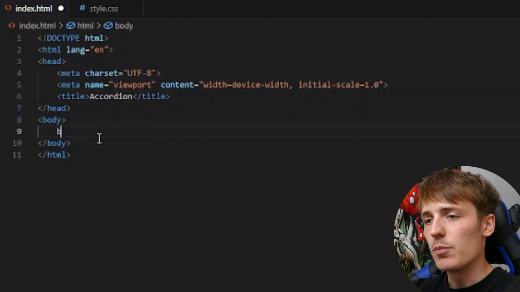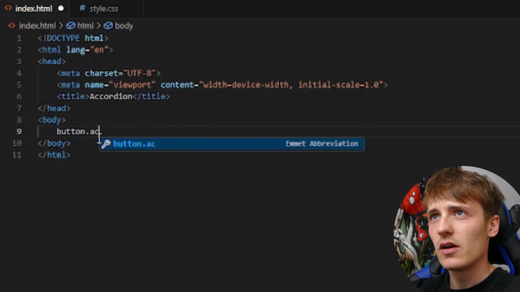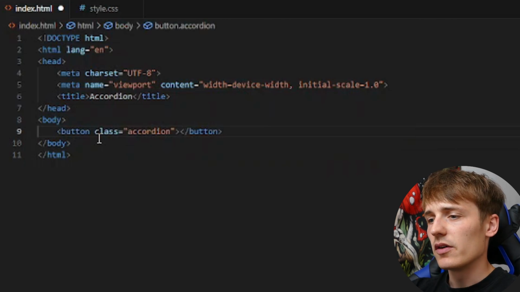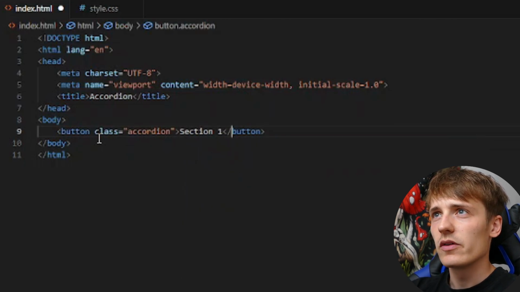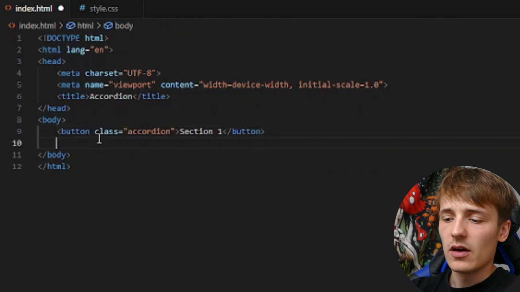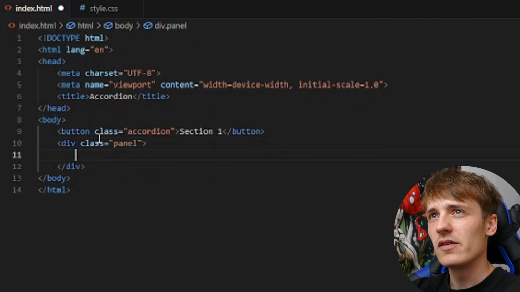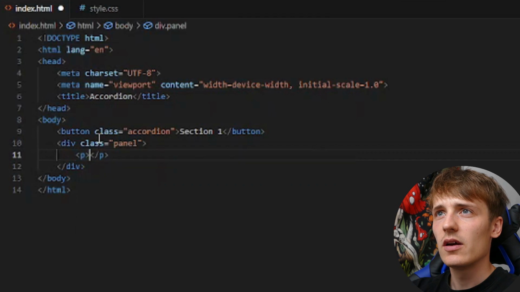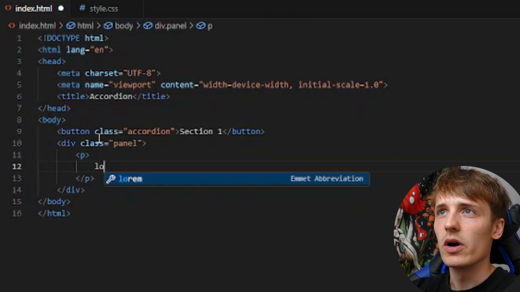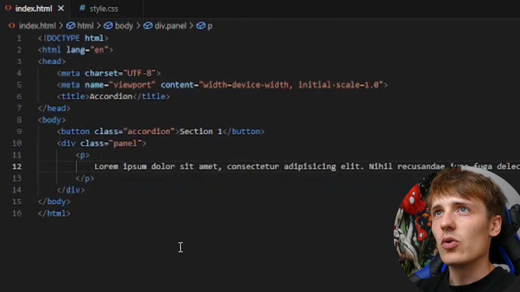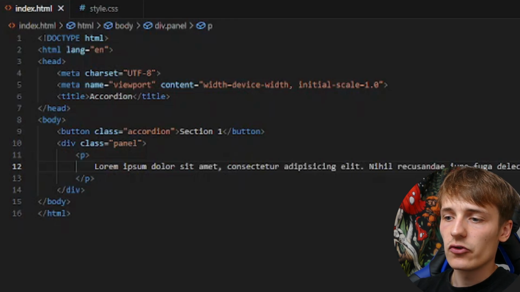And then you will create a button element with the class accordion. Inside you will just write section 1, for example. And afterwards you will create a div with the class panel. And inside the div you will create a p tag with some basic lorem ipsum text. So if we save that and check the page,